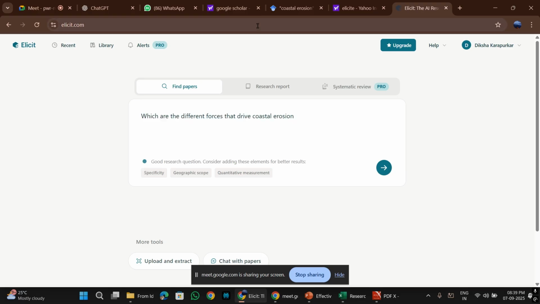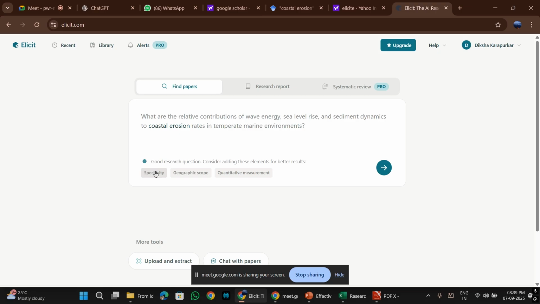Specificity. So my question is, which are the different forces that drive coastal erosion? If I want to make it specific, what are the relative contributions of wave energy, sea level rise, and sediment dynamics to coastal erosion rates in temperate marine environments? If I want to make it for geographic scope, how do natural and anthropogenic forces differ in driving coastal erosion